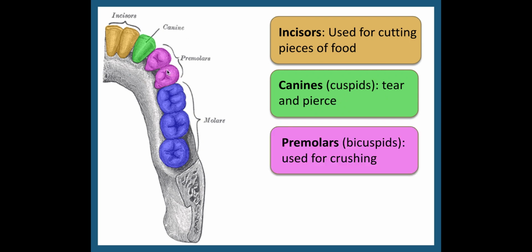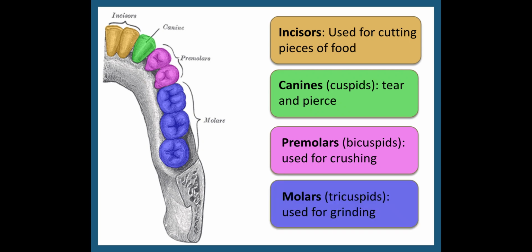Then you have your premolars. These are called your bicuspids, and they're used for crushing. And then your molars are your tricuspids. They're used for grinding. So you can see tricuspids because there's 3 molars there, bicuspids because there's 2 premolars. One cuspid right here is just your canine, and then you have your